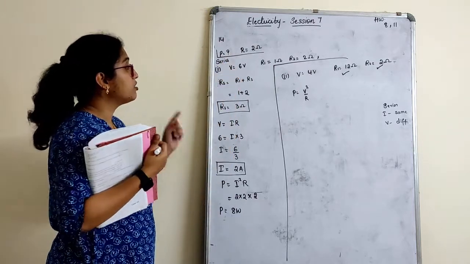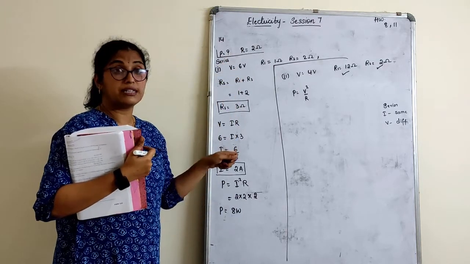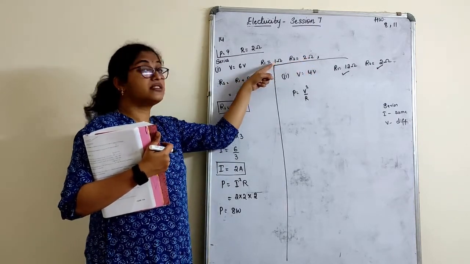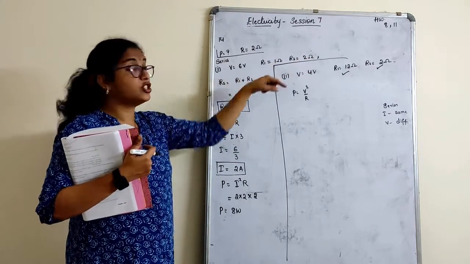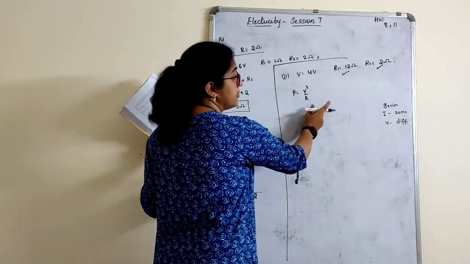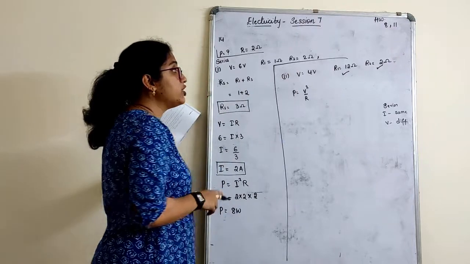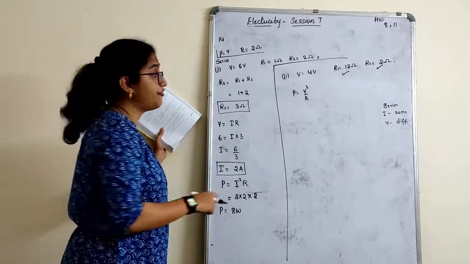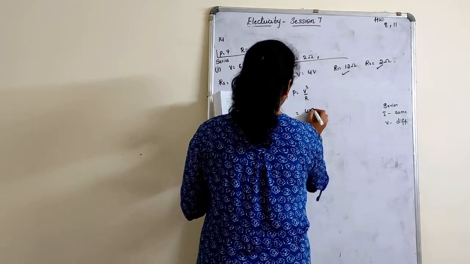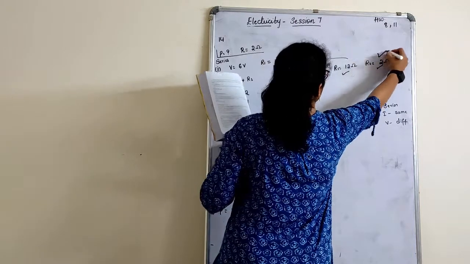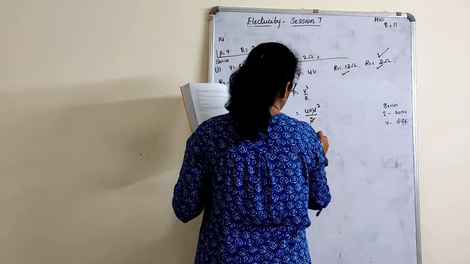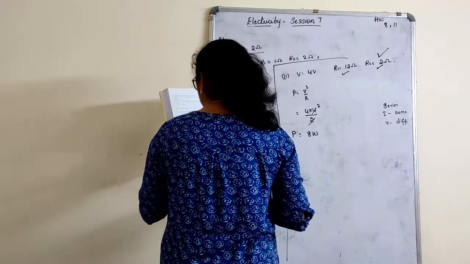In the series case, the voltage across the resistors is not the same. If I check the voltage there, it has to be different because it is a series connection. I can apply the direct formula here because in parallel voltage remains the same and current is different. So apply it directly. P is equal to 4 into 4 over R, where R is 2. We consider this R because it is a 2 ohm resistor. 2 ones are 2, 2 twos are 4, 2 fours are 8. So power is 8 watt.